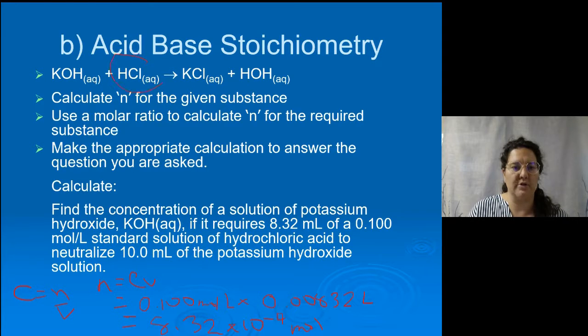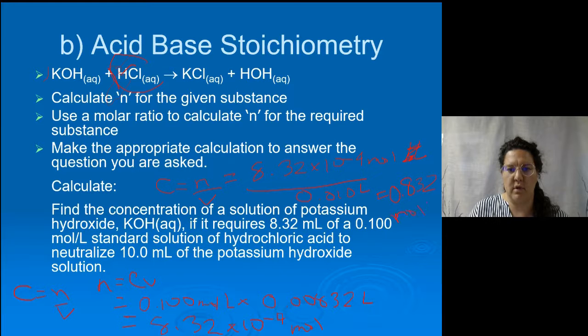Now, when we look at our balanced reaction, 1 mole of hydrochloric acid balances 1 mole of potassium hydroxide. So we can carry this over into our next equation. Now concentration is equal to moles divided by volume for our potassium hydroxide. So we're going to take our 8.32 times 10 to the negative 4 moles, divided by our volume of 0.010 liters, and we get a total concentration of 0.832